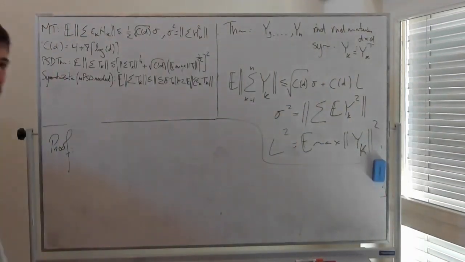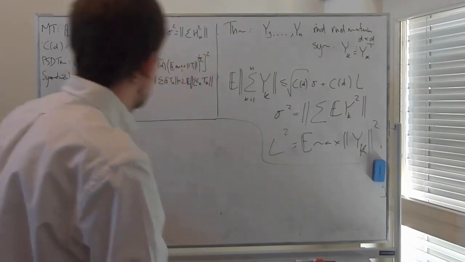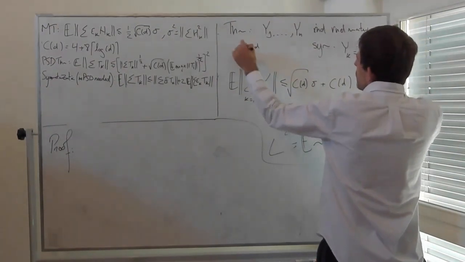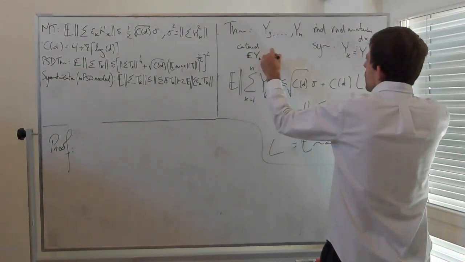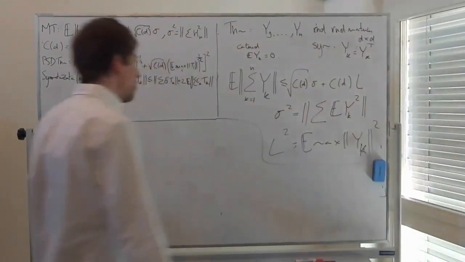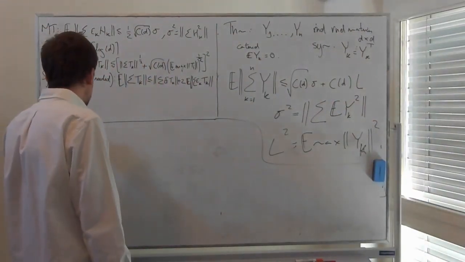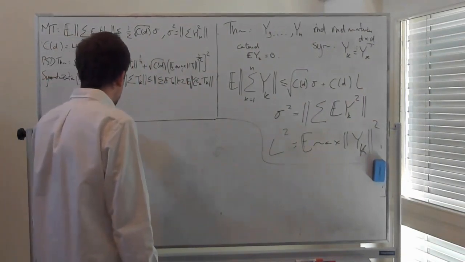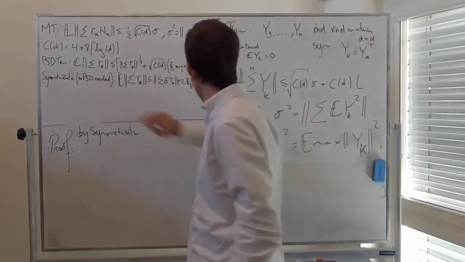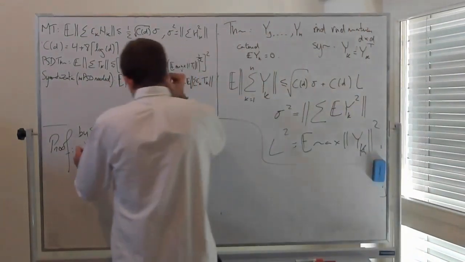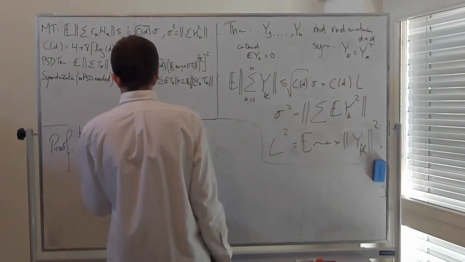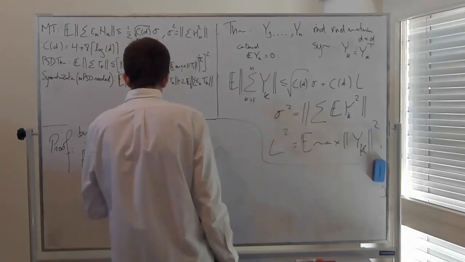Well, we're going to start by using symmetrization, right? Okay, of course for this theorem they need to be centered, right, otherwise there would have to be another term, of course. So they're centered. And now proving this theorem will be almost trivial, right? So by symmetrization, remember that symmetrization does not need the matrices to be positive semi-definite, right? PSD is not needed. So we can use symmetrization here. What we get is the expected value of the sum k from 1 through n of Yk is smaller or equal than